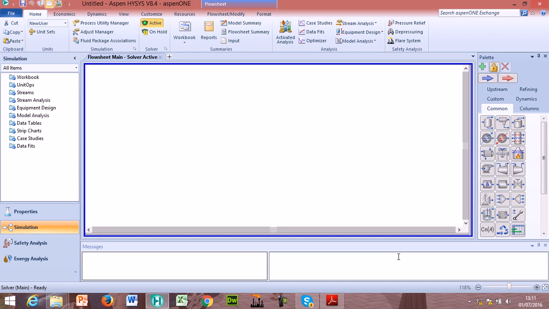Okay, so now we're going straight to adding and defining material streams. This is where your simulation starts from. On your object palette, this is your material stream, and this is your energy stream. You can either click and drop, or you double click,